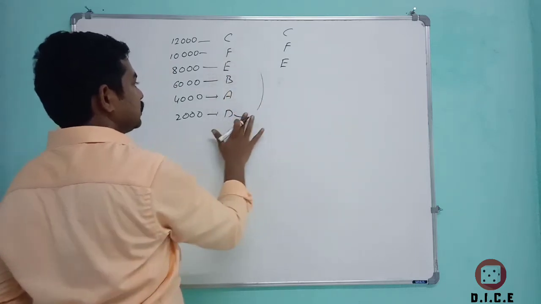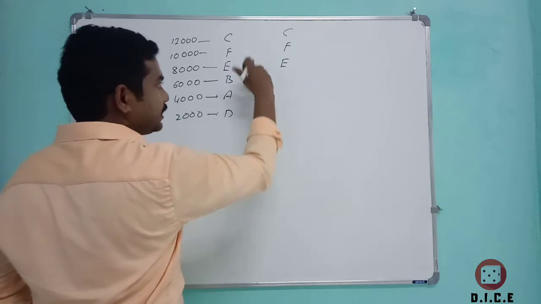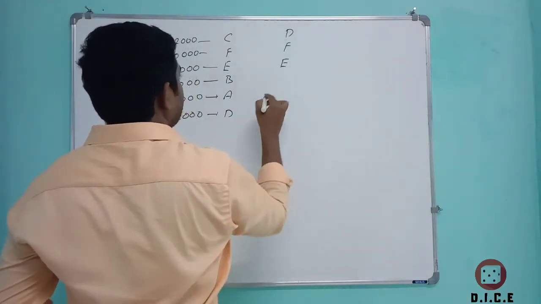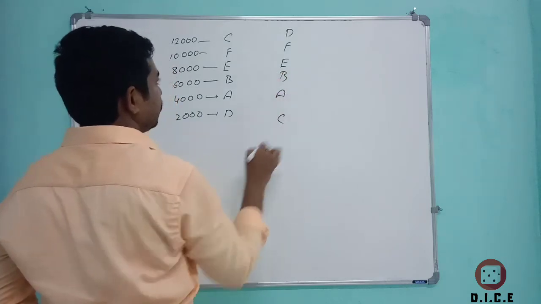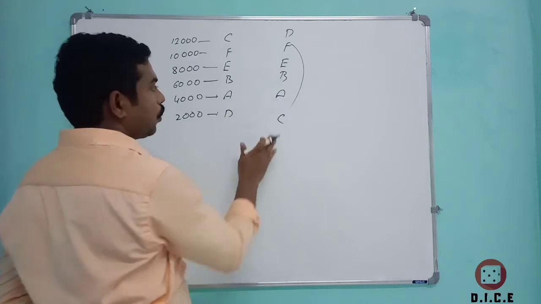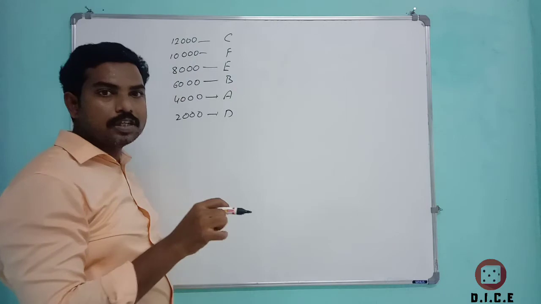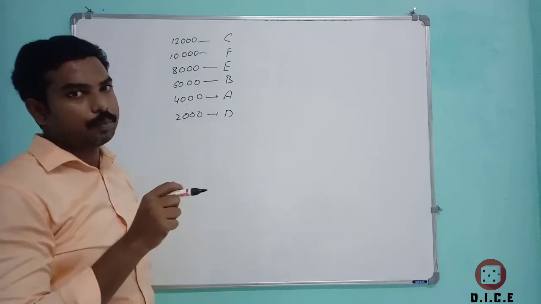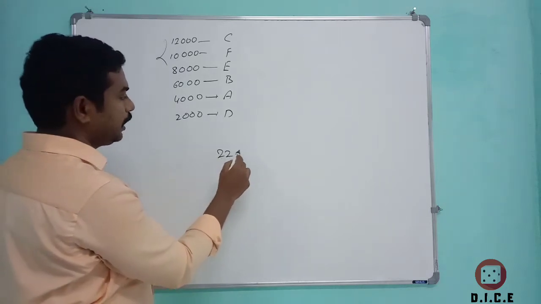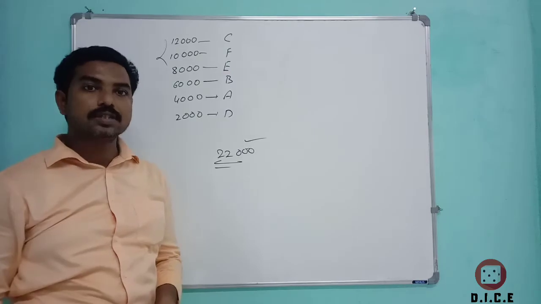So this is the case to take, absolutely right, because if I change the characters, for example, if I take D here, B here, A here, C here, then the difference of C and F should be 2000, but it's more than 2000. Now the 8th question is asking for the possible amount of C and F. Therefore the possible amount of C and F is 12,000 plus 10,000, which is 22,000. So 22,000 is the right answer.